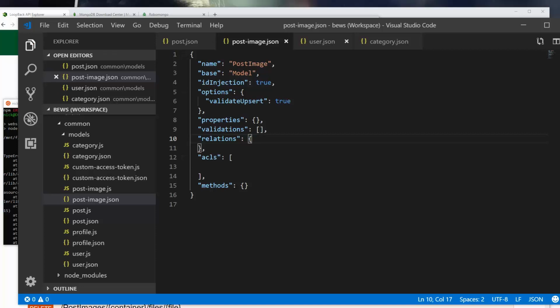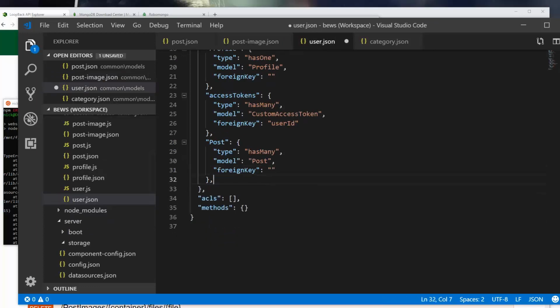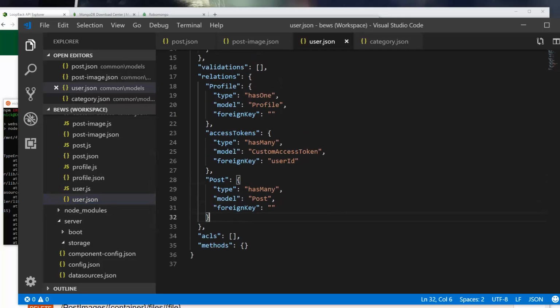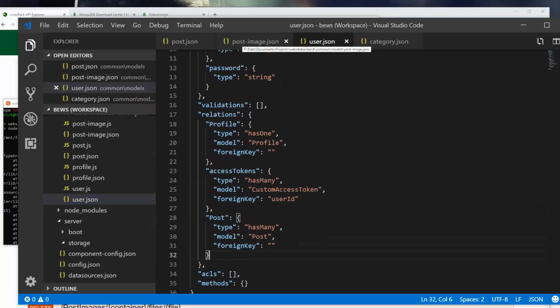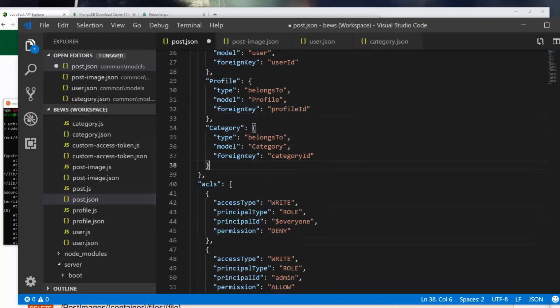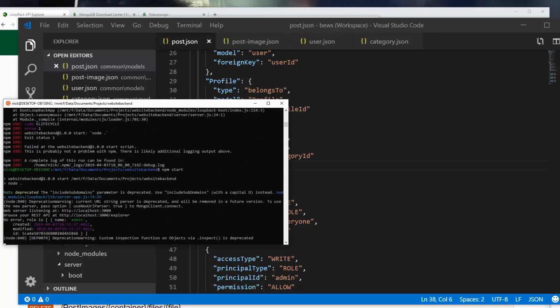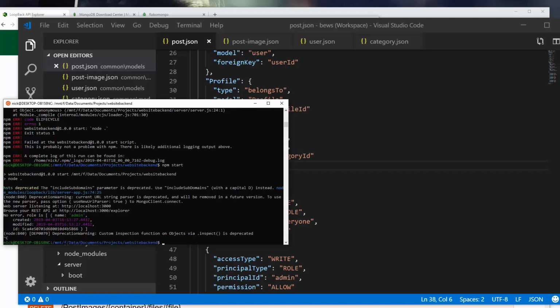So I'm going to get out of here. Let's remove post image from the post and save that, and then over in user.json as well. Oh, that was user.json. Under post.js, we'll get rid of that as well. And then we should be able to npm start. It should start now where we haven't tied these together. Okay. So what we'll need to do is